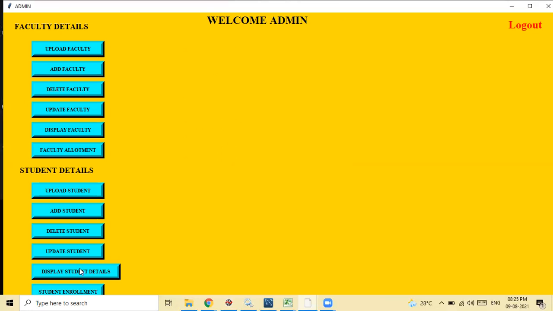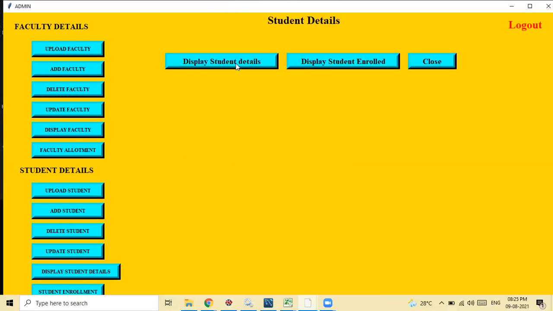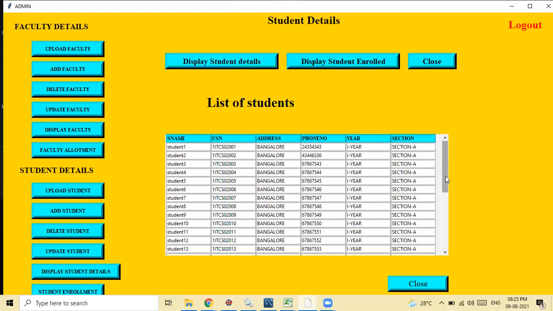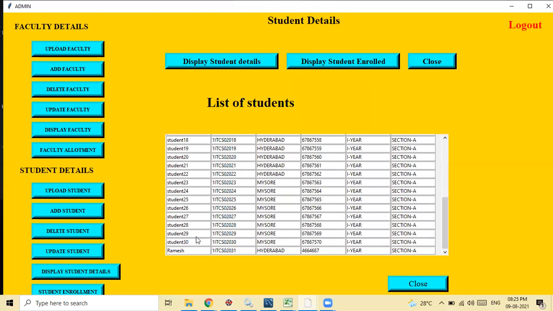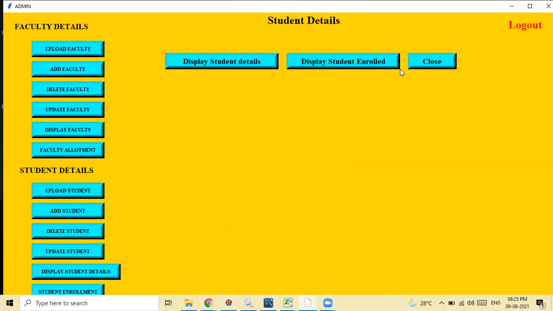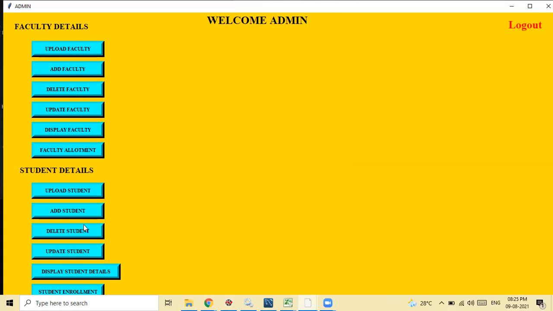Now let me check whether the address has been changed or not. Display students, Ramesh. Yeah, before it was Bangalore, now I have changed it to Hyderabad. The phone also got updated because I changed the phone number. In this way, we can add a student, update a student, display a student, and we have uploaded the